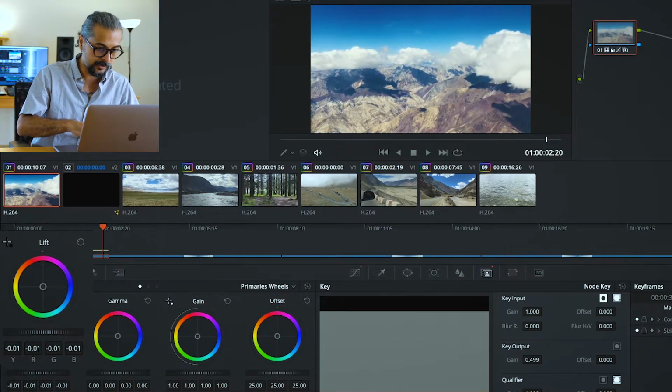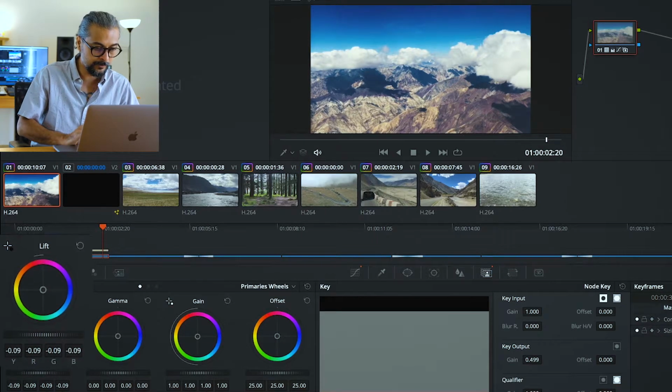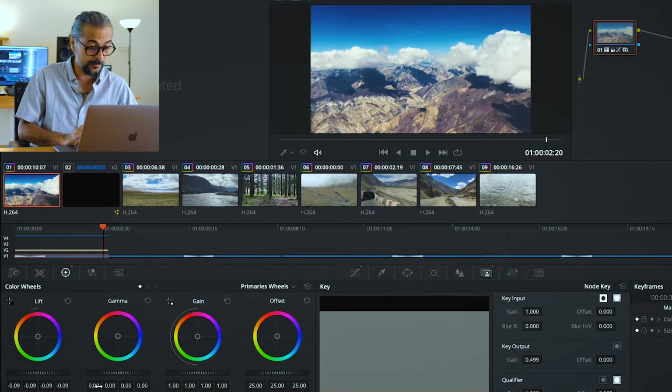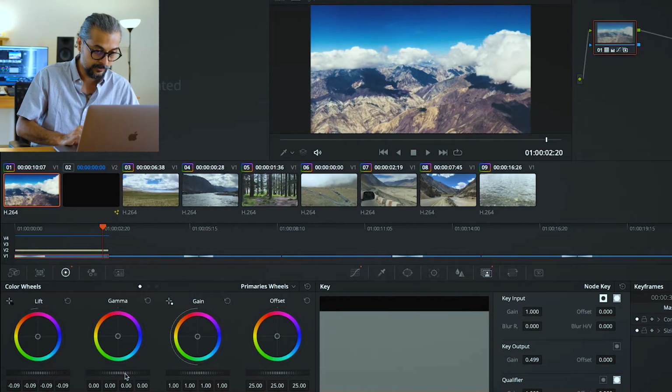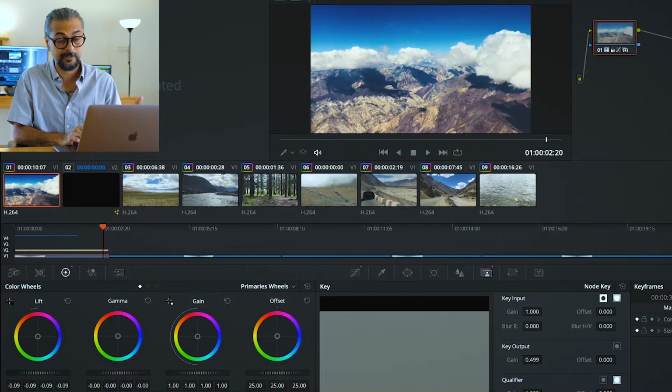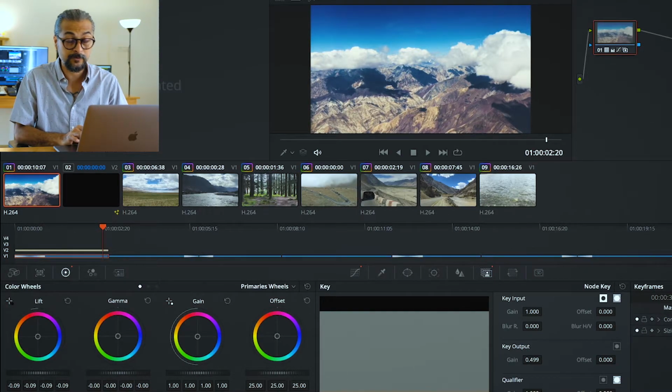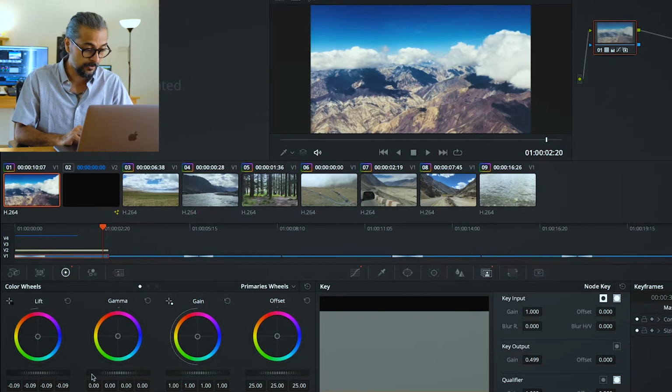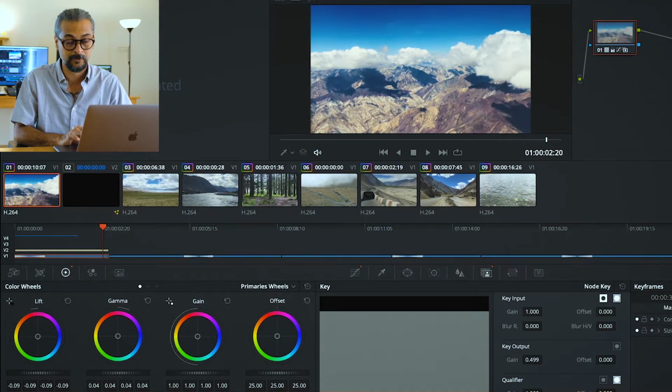So let's try and add in a bit of contrast by increasing the blacks. I think this is a good middle ground. Now gamma controls your middle tones or your gray tones. And again, as with everything else, practice is key, and especially with color grading, experimenting is key. So I really encourage you to take your footage into Resolve and really play around with these sliders for you to understand these concepts a lot better.